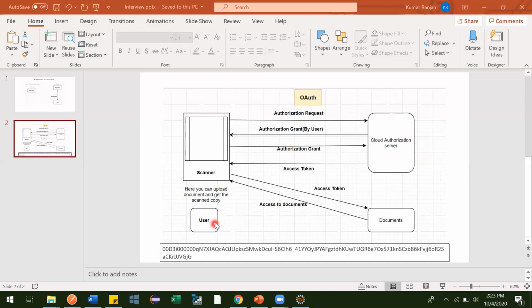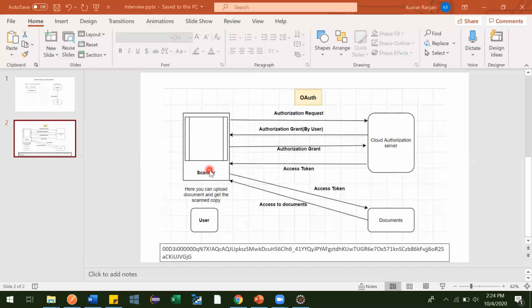If he wants to scan a document, then either he needs to download it from there to his gallery and upload it here, or, if the document is handy, he can click a photograph and upload it. So there are two things he needs to do: go there, download it, then come back and scan it.